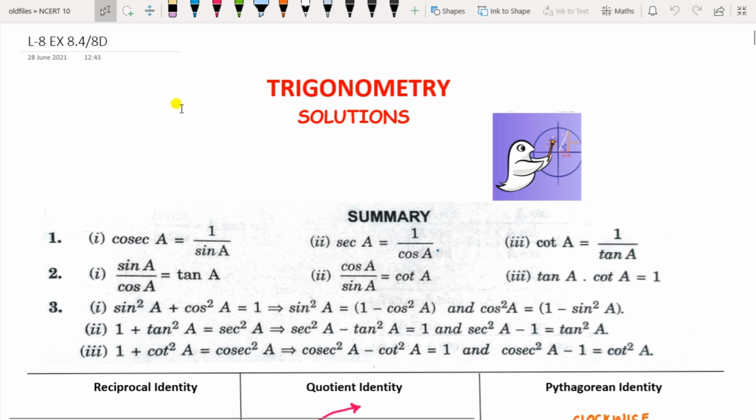In this video we are going to see the solutions of exercise 8.4 or 8D of lesson 8 trigonometry of the CBSE 10th board syllabus. The weightage of this section is 12 marks, which includes sums on trigonometry and word problems on height and distance. In the I-link above, I have shared the video of Introduction to Trigonometry, where I have explained in detail the concept of trigonometry and some easy tricks to remember the formulas. So to understand the solutions of this exercise, you need to first go through the introductory video.